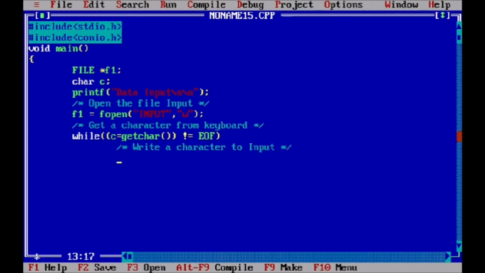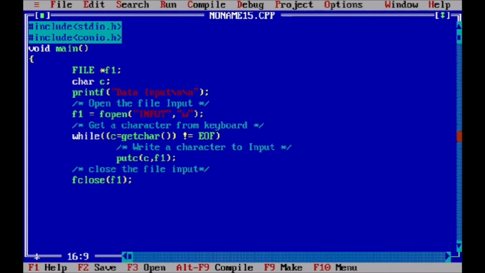For that we are using putc, with the character and the file pointer f1, a simple syntax. Now we close the file input. For that we write fclose with the file pointer f1.